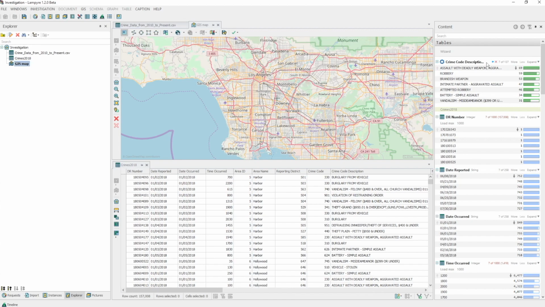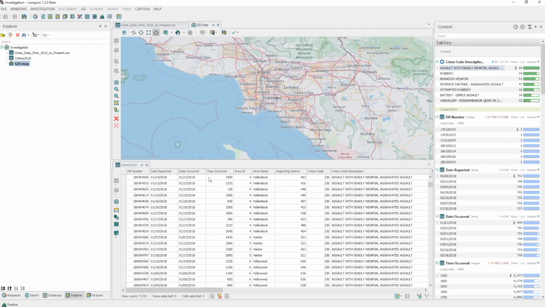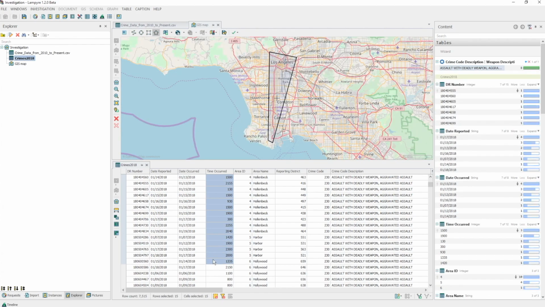In a similar way, let's take a look at the events of our current interest, both in the table and on the map. We right-click the created group condition and choose Show in the context menu. As you see, the data in the table changed right away. Next, holding the left mouse button, we can select some values in the table. As we do this, we see that the area corresponding to these selected values is selected on the map.